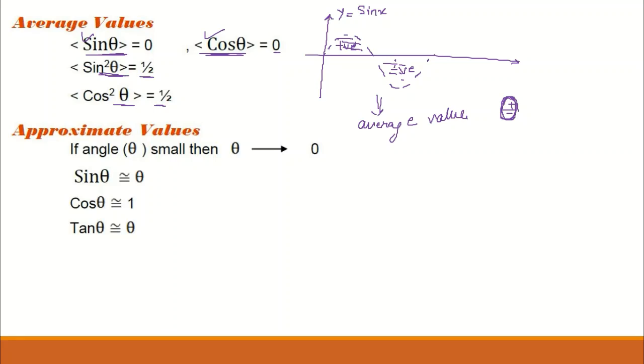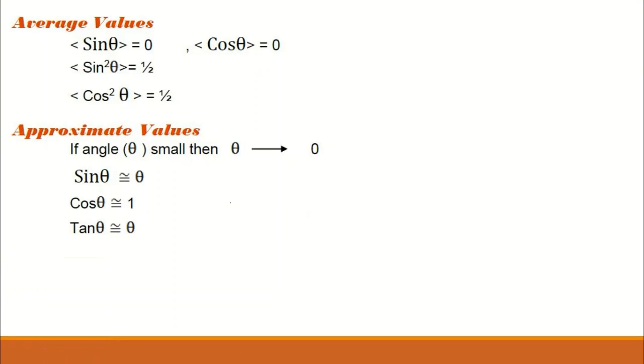This is also very important: how do we take the approximation. अगर मेरे पास थीटा बहुत ज़्यादा छोटा है, theta tends to 0, it's very small, then we will take sin theta as theta. Let's suppose theta is very small, that sin 1 degree, then it will be equal to 1. Tan 1 degree is approximately equal to 1 and cos 1 degree तो 1 होता ही है.